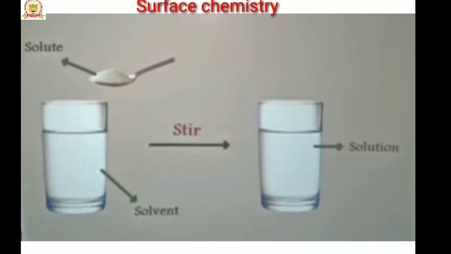Solution means what? Solute is added to the solvent. The homogeneous mixture of solute and solvent forms the solution. Here are the suspension, true solution and colloids. The first conical flask contains sand in water. Sand does not dissolve in the water. Sand is the solute here, water is the solvent. So the sand particles will settle at the bottom of the conical flask. So this is called the suspension.